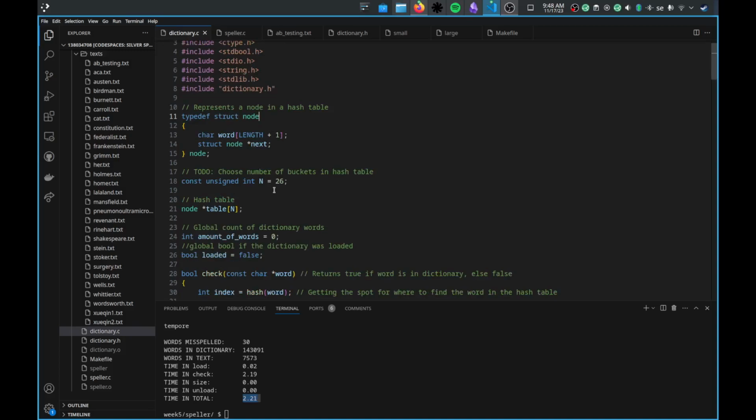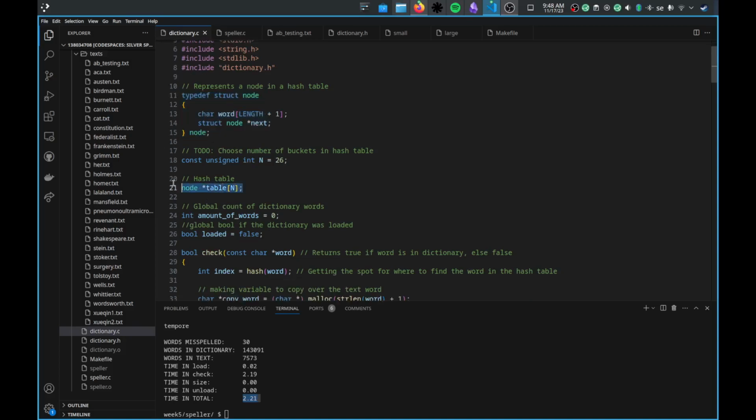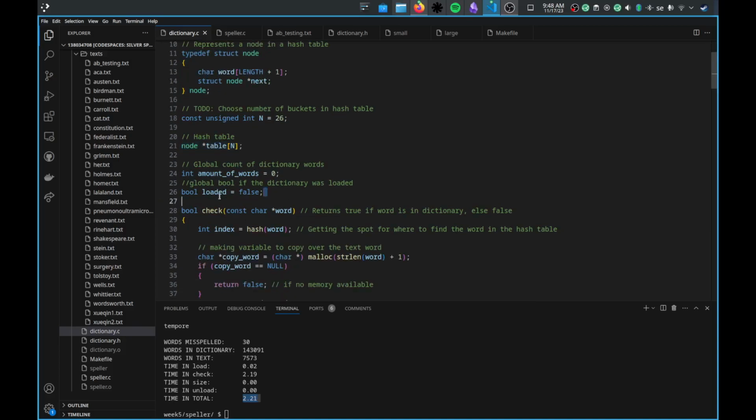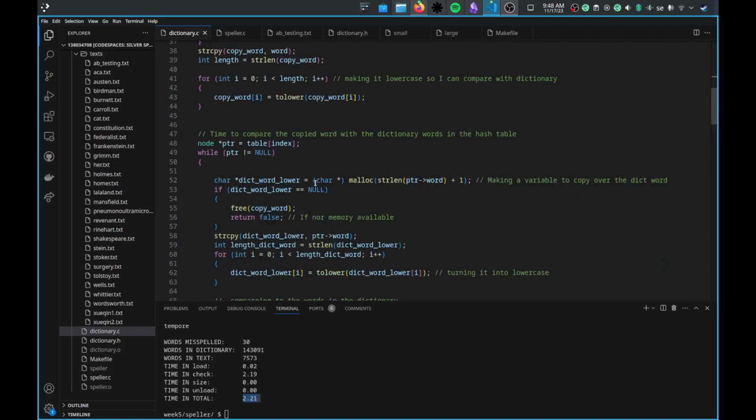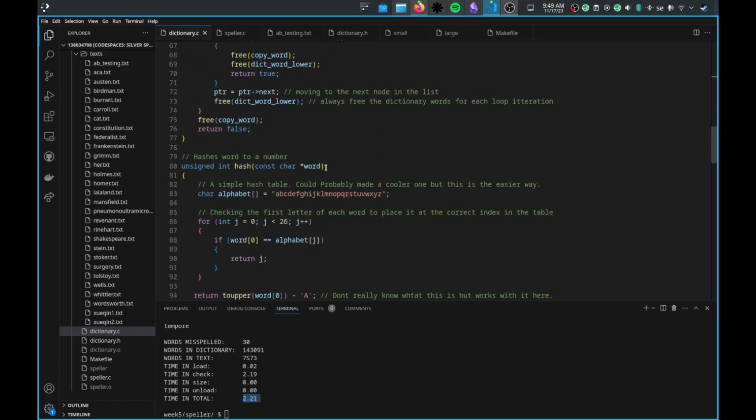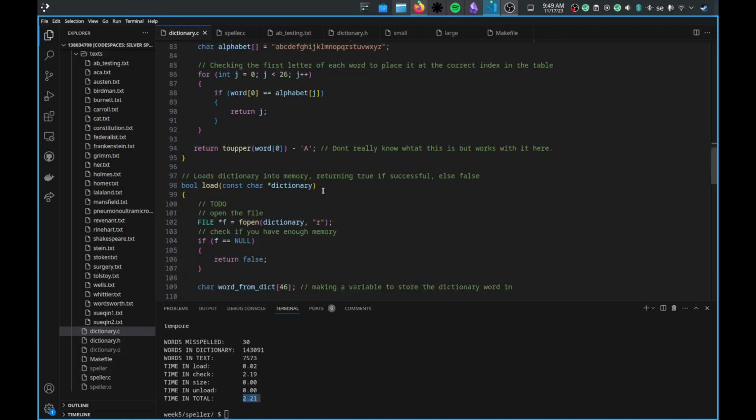So let's start here with dictionary.c. From the beginning we have the nodes and a hash table, and then I have made my own global stuff, but we have a check function that returns true if the word in the text is in the dictionary. Then we have a hash function that puts the word in the dictionary in the hash table. Then we have a load function that takes the dictionary,